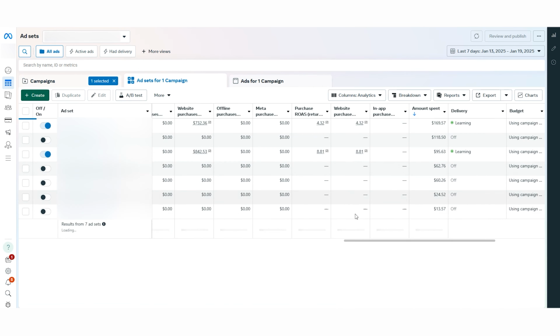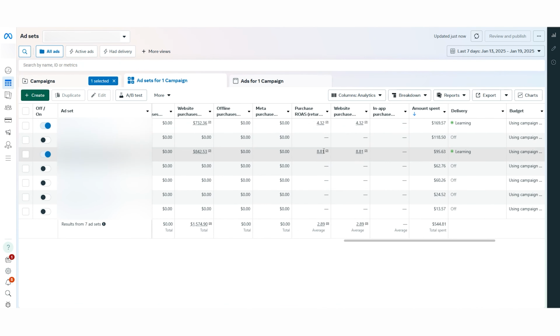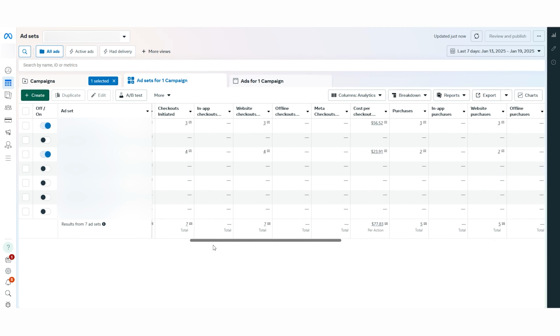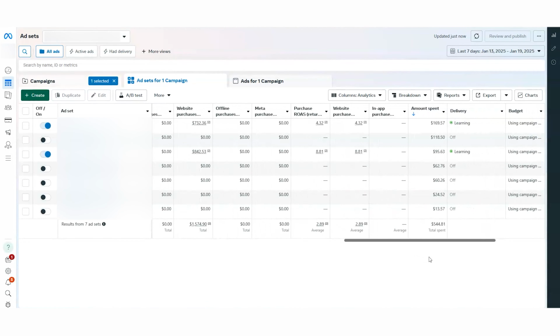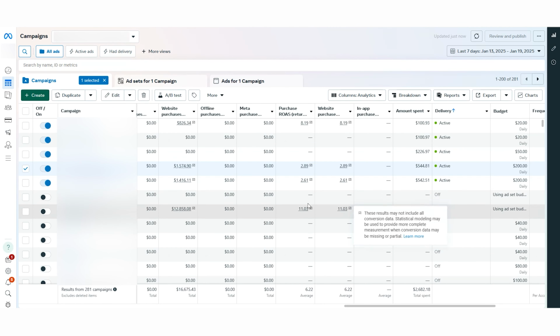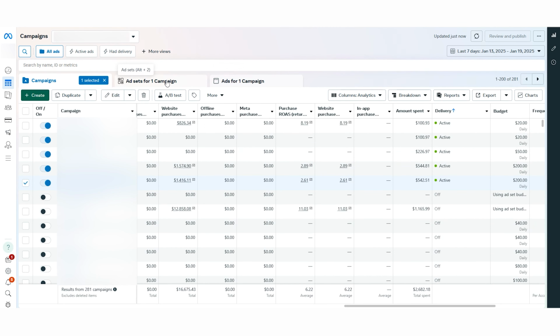Okay, so this is a crazy method with different countries. We have only 2 ads over here. Nothing else has gotten a sale. So what we're doing is closing everything else and focusing on the ones that are actually getting a sale. It looks like this campaign is going to do well. Then let's go to this campaign.